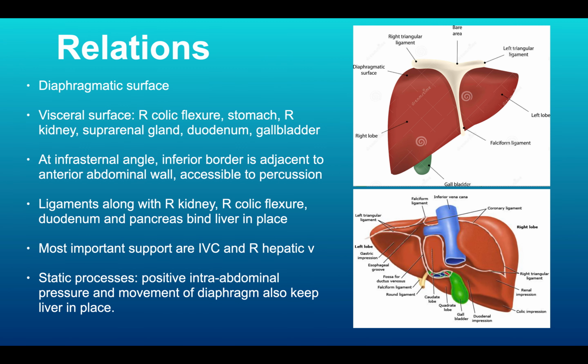There are the relations to the diaphragm superiorly. Viscerally, there's the right triangular ligament or the right colic flexure. There's the stomach resting on it, the right kidney, the suprarenal gland, the duodenum, and the gallbladder. And at the infrasternal angle, the inferior border is adjacent to the anterior abdominal wall, and you can actually